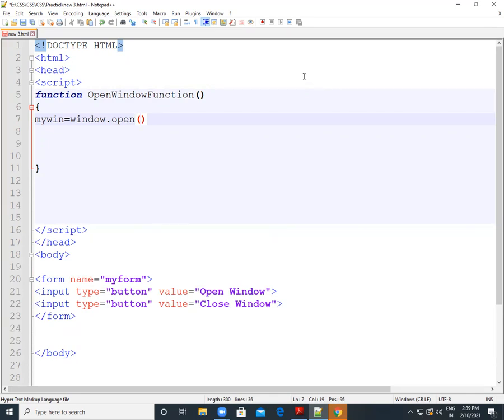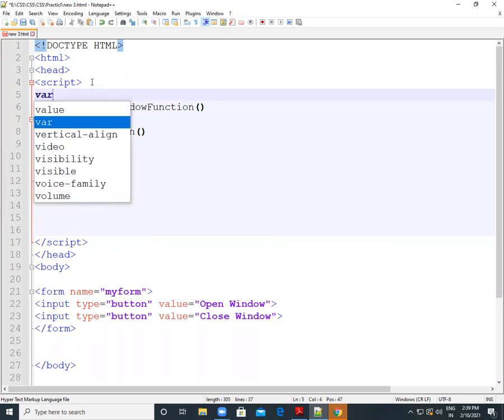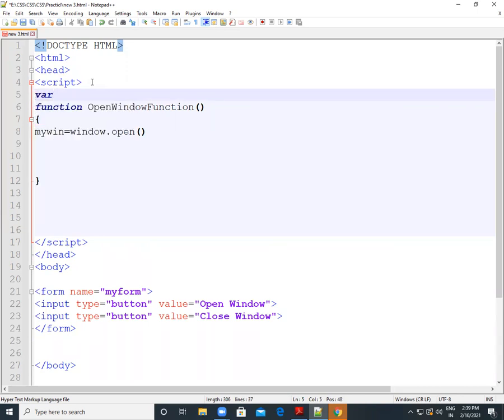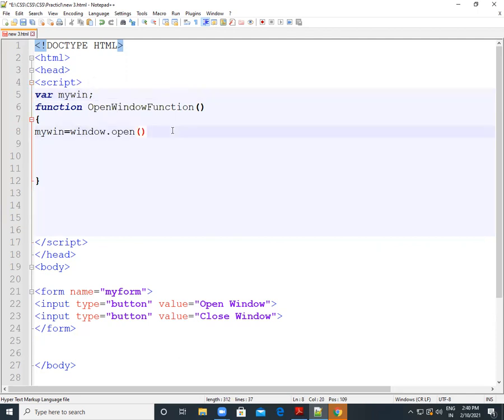Now you can see that my win is one variable where we put that function. But if we want that variable to be used publicly, we will declare that variable here, my win. Okay, because we will also use this for the close button. So you already know what parameters we wrote here. This is a blank. You know why I give this blank double quotation. For a window there are some parameters: the URL, name and style.